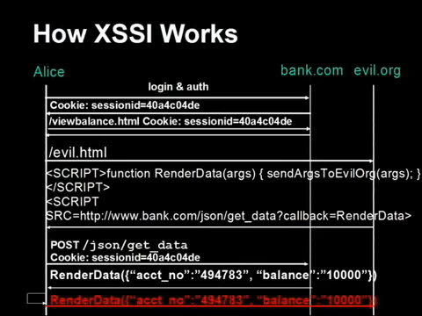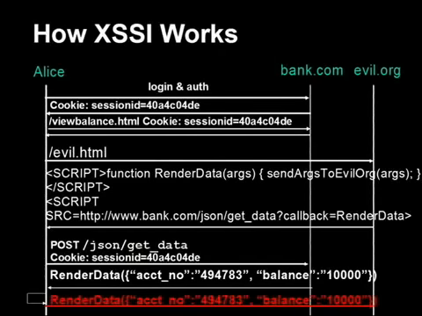So that's one part of the script. The other part of the script that is in evil.html that gets sent back is basically a tag which says, go ahead and call that getData script on the bank.com website, and of course, call back the render data function. So the user's browser gets evil.html and wants to faithfully render evil.html for the user, and makes the post request